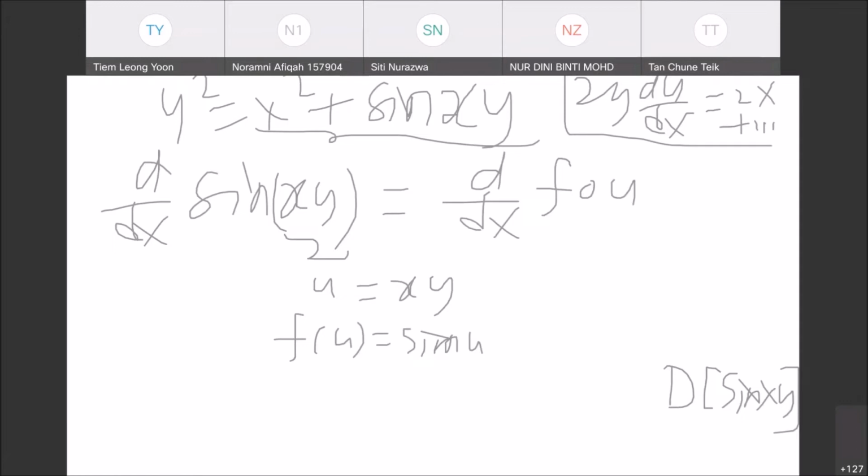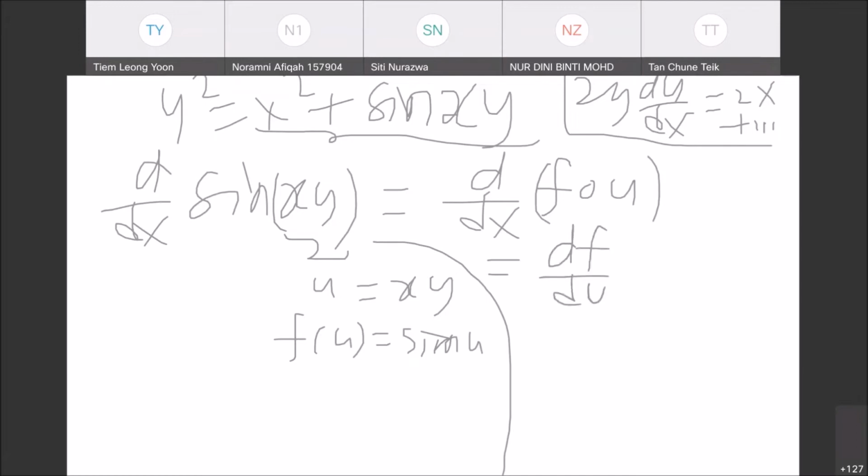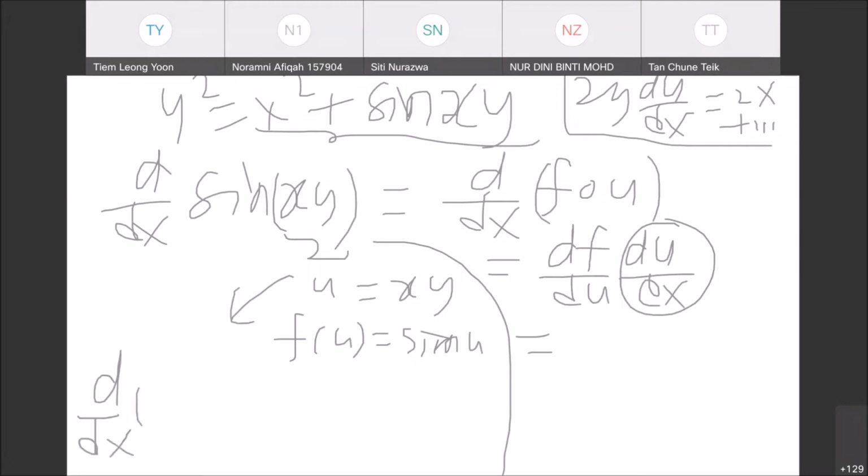So let me rub off this one. That then allows me to write down d/dx of f of u. That operation of derivative means it equals df/du times du/dx. So I have du/dx. What is my du/dx? du/dx is calculated from here: d/dx of u, which is xy, right? So du/dx is just this operation, which is d/dx of xy